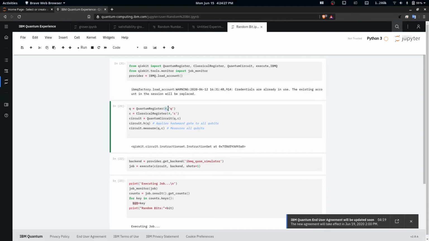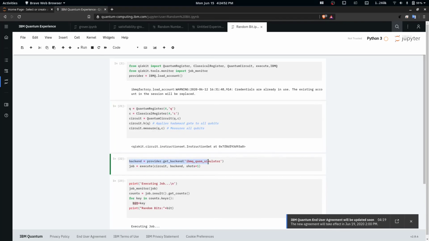And in order to store the values of these 4 qubits in classical bits, I have generated a classical register of the same 4 bits. Now I'll generate a circuit with these 2 parameters, and then I apply a Hadamard gate on each of the qubits, and then I measure each qubit.